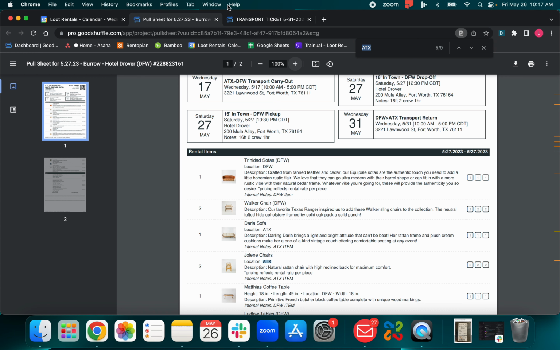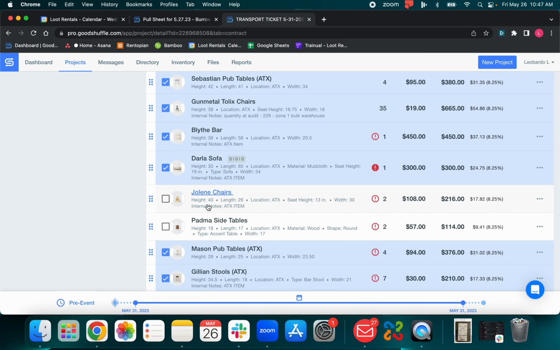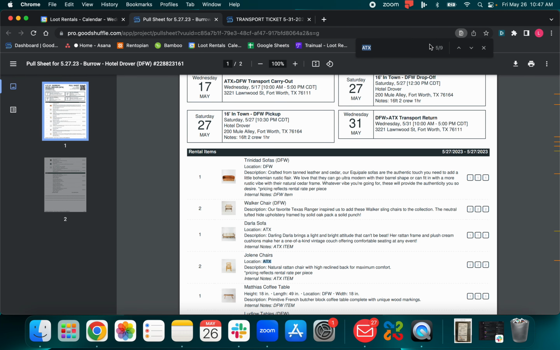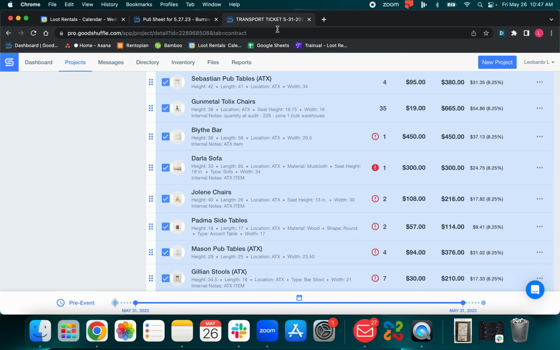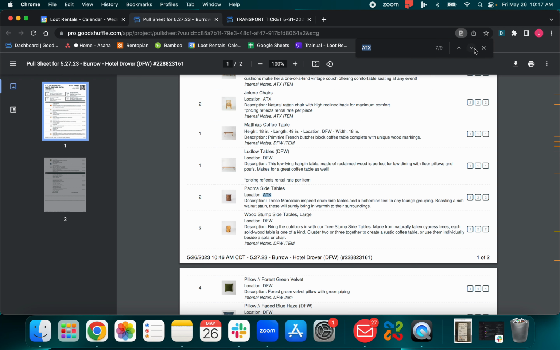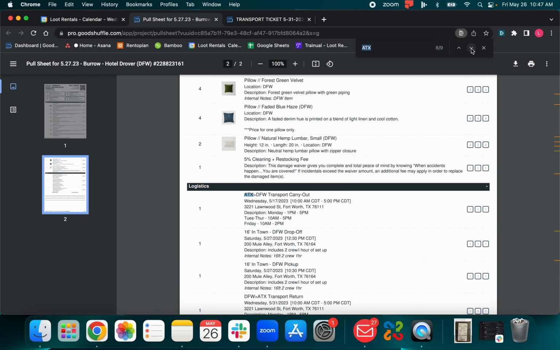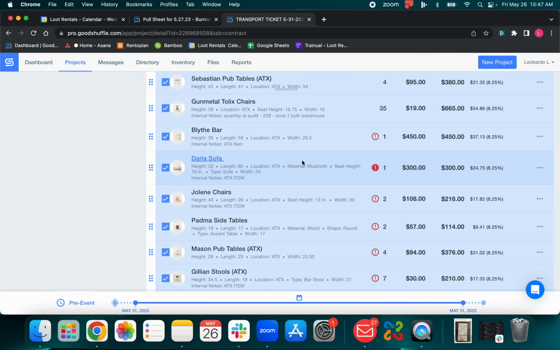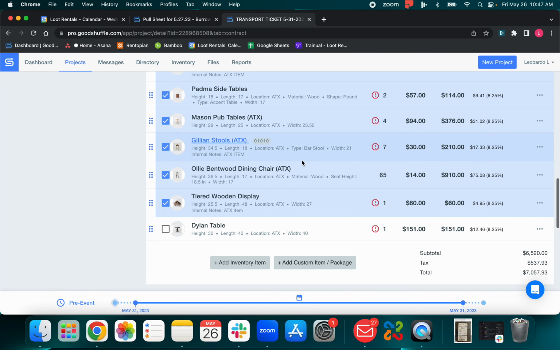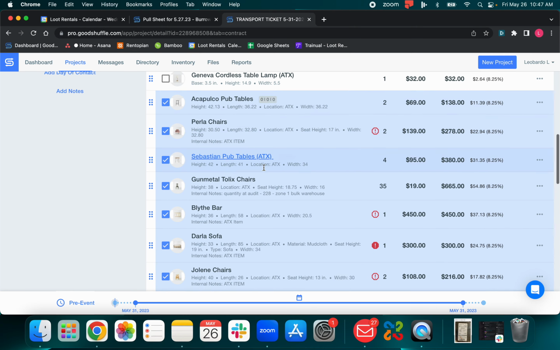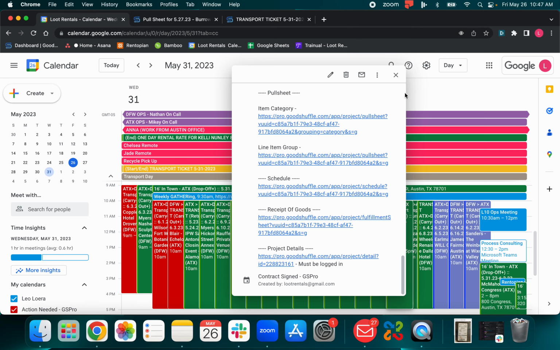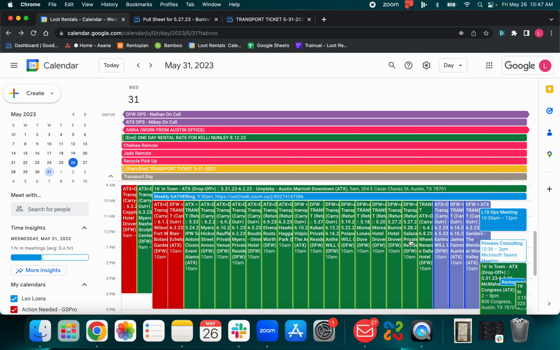Jolene chairs right here. And Padma side tables. 2 right there. And that looks to be it. So 3 items. And you can see here on the transport what's being left. So this is a way to double check myself that I am adding everything that needs to be added. We go to our next order, which is